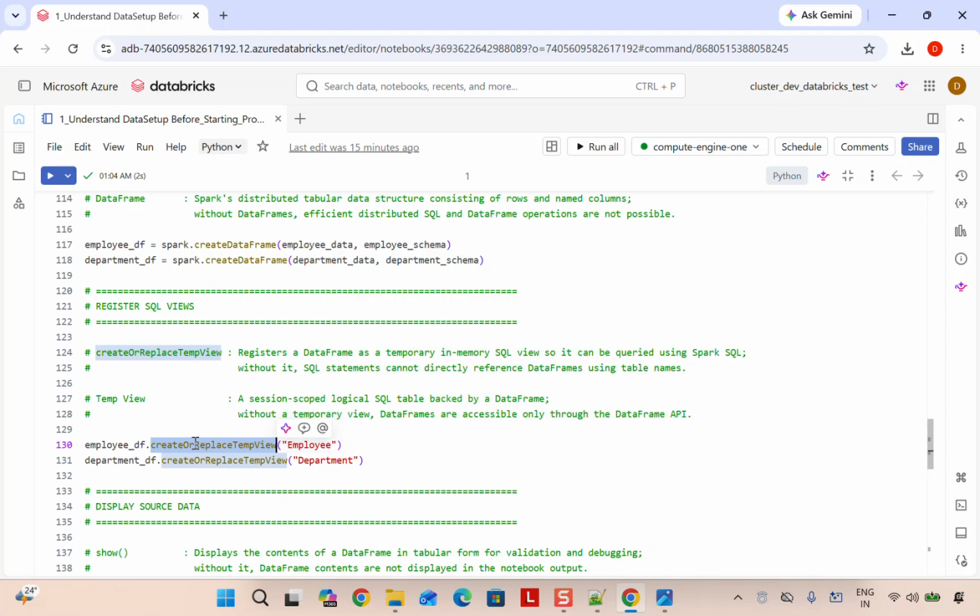So create or replace temp view registers a data frame as a temporary in-memory SQL view, so it can be queried using Spark SQL, right? That's what I discussed. So now it's going to be a temp view, a session-scoped logical SQL table backed by a data frame. So basically, it is going to create one table structure which is going to be specific to this particular session. If you open another session, it is not going to be accessible over there, definitely, right? So we are going to create the